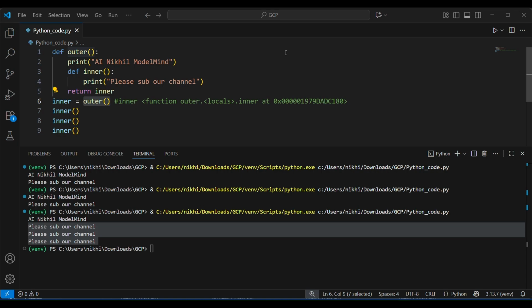As I explain how you can return a function from a function, I hope you are following all the series of